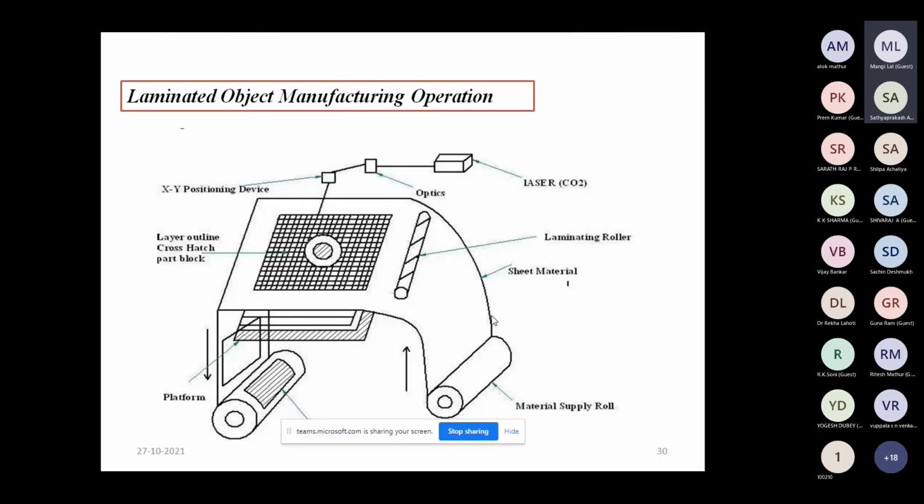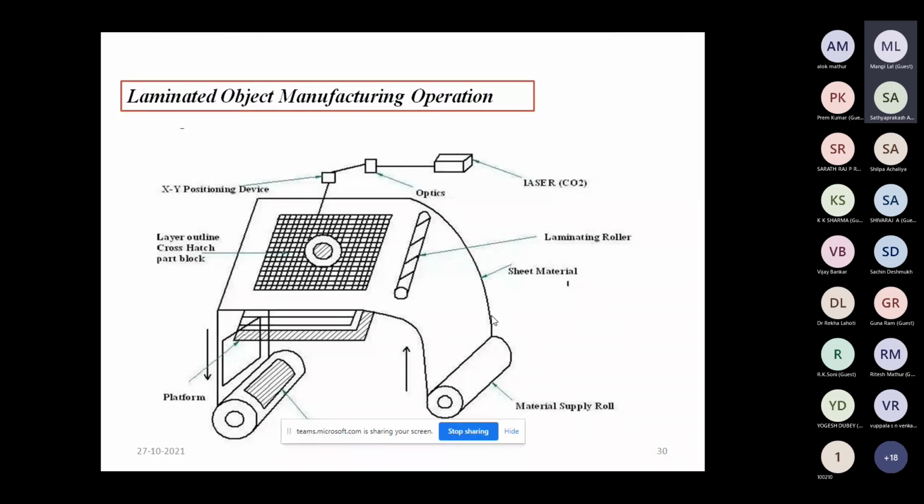When this roll is placed upon the platform, a glue type material is already stuck at the back surface of the sheet.